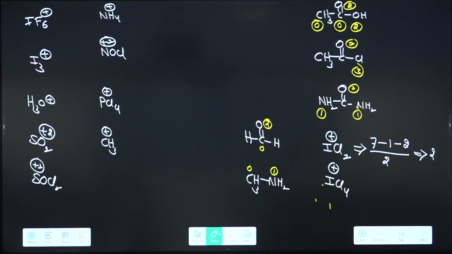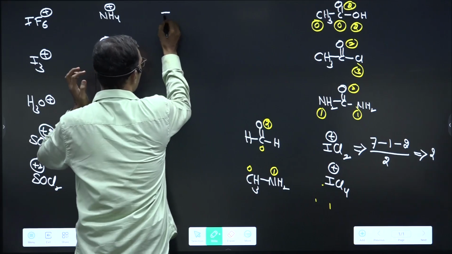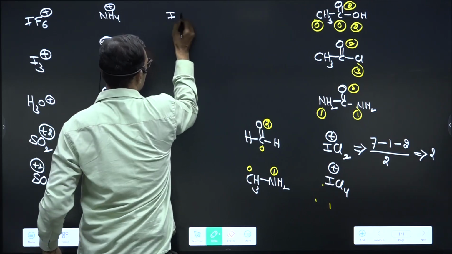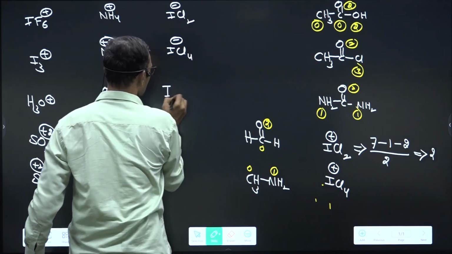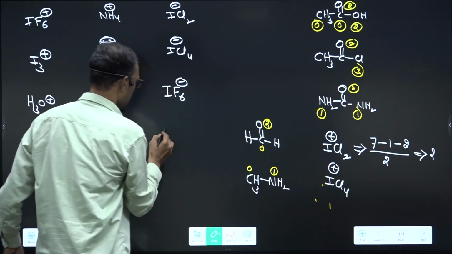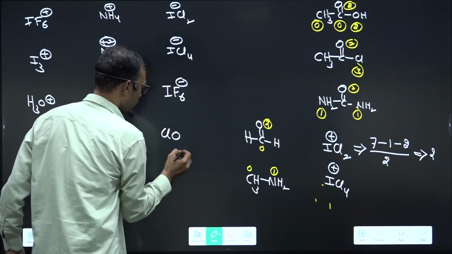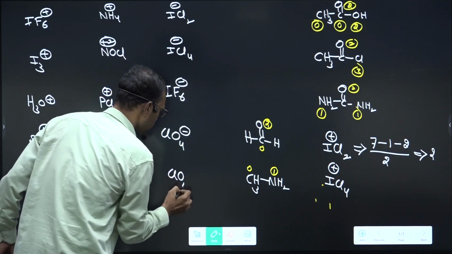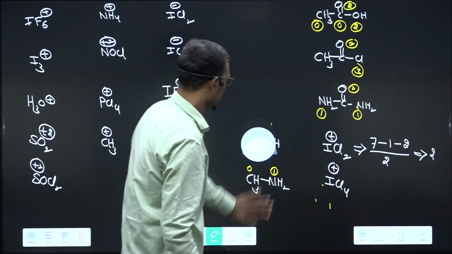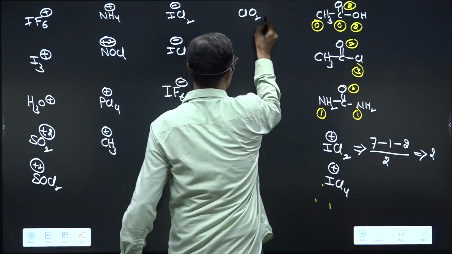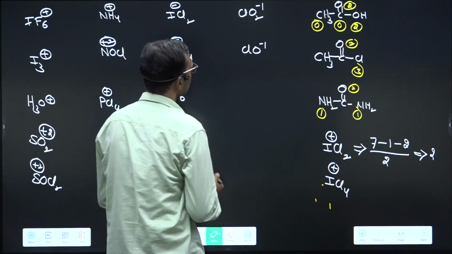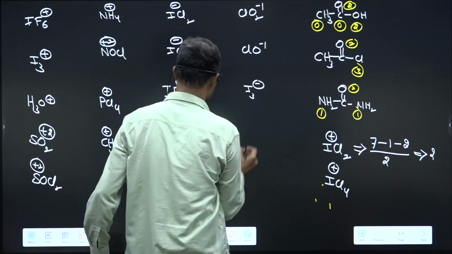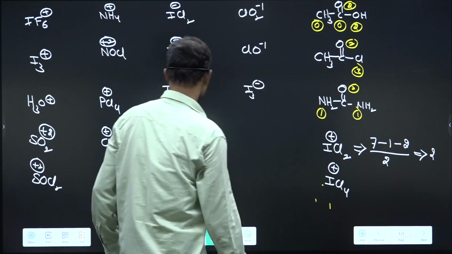H3O plus, SO2 plus, you just calculate. Okay? Just calculate all the cations. Then we will go for anions. ICl2 minus, ICl4 minus, IF6 minus, ClO4 minus 1, ClO3 minus 1, I3 minus,